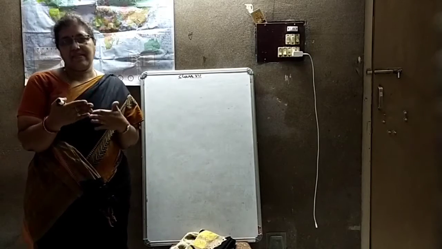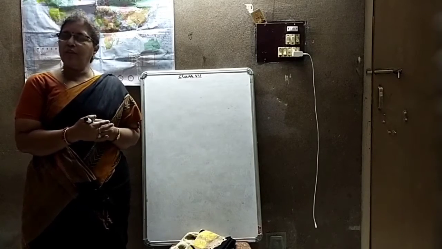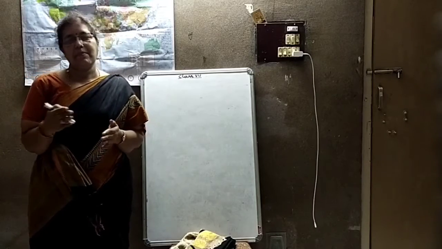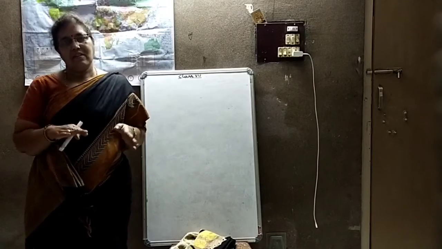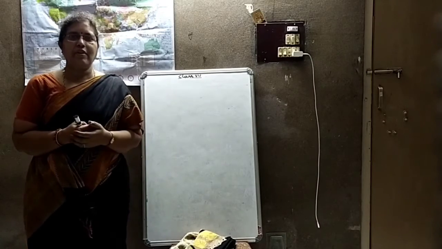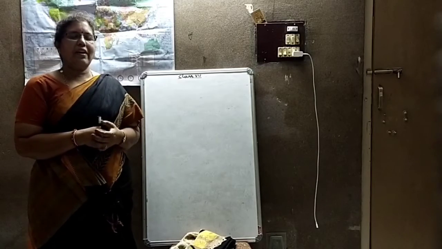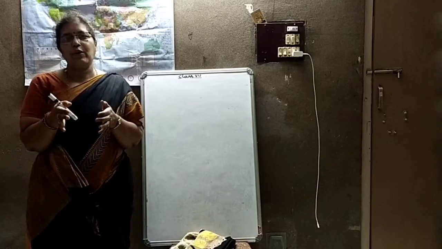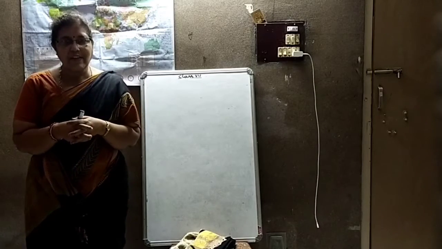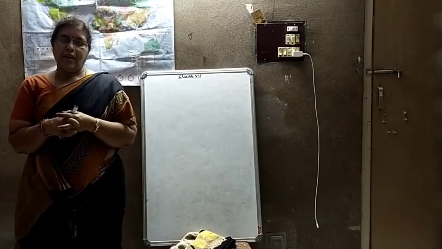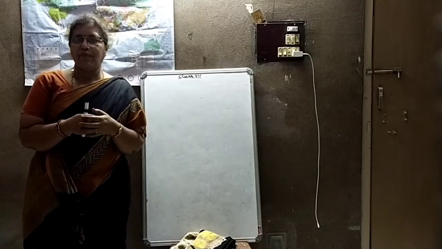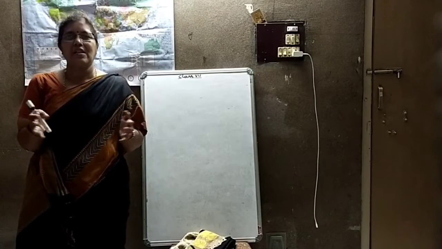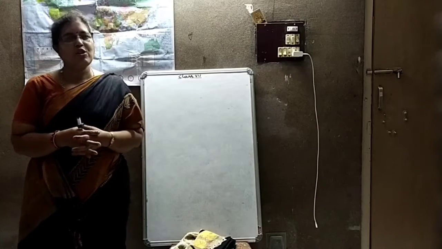Variable, it varies. As I told you yesterday, for example, the temperature of the day. Some days it will be less, some days it will be more, some days it stays constant. That depends upon the weather. Like that, if we put constants and variables together as an expression, we call it an algebraic expression. It means the combination of constants, variables, additions, subtractions, all the symbols. If we use all together, we call it an algebraic expression.